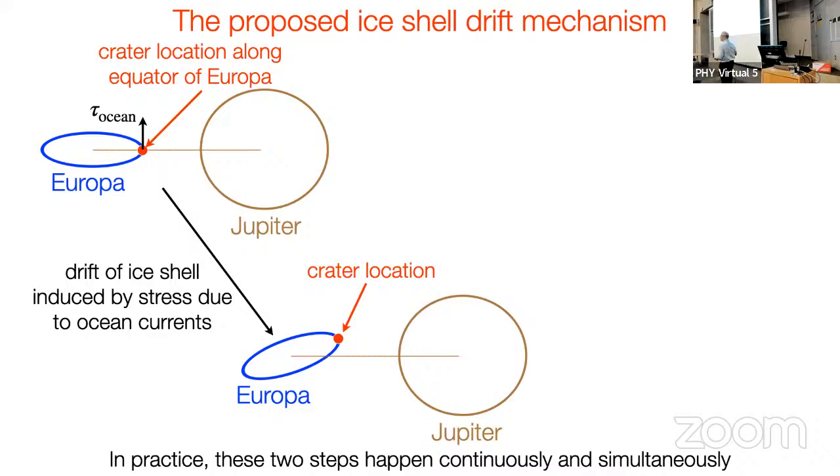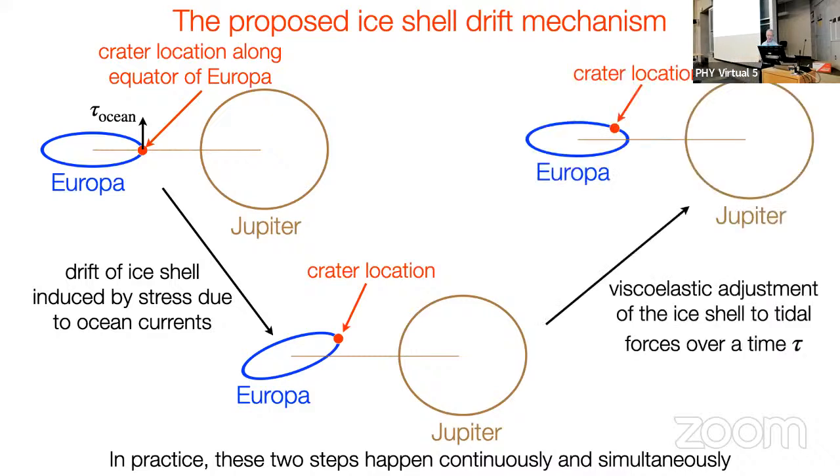Now the icy shell is viscoelastic. So if you put it in this state, you have the tidal forces that keep affecting it. So it would slowly distort back such that the part facing Jupiter would be elongated, but the crater itself would remain off the equator. After enough time, if you let the ice adjust viscoelastically, it restores the elliptic shape facing Jupiter, but now the crater is here. And then this would happen again and again. So the crater moves around, and this indicates that the icy shell gradually goes around.